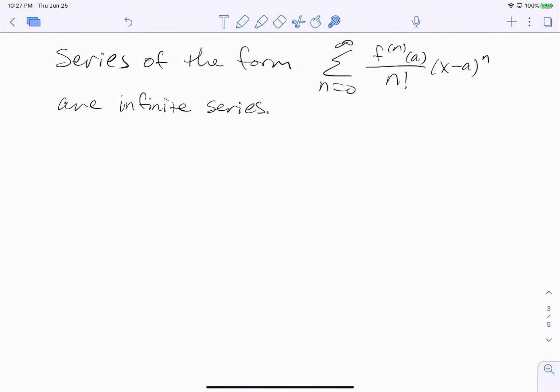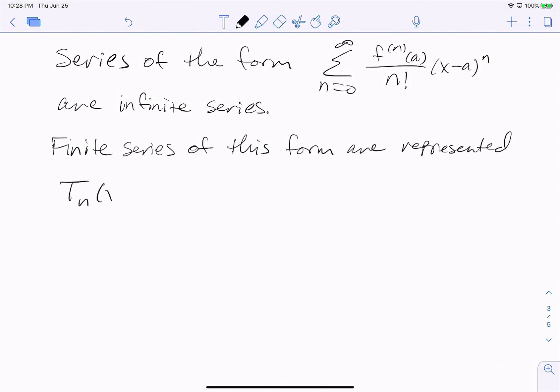Series that have the form of the sum as n goes from 0 to infinity of the nth derivative of f evaluated at a divided by n factorial times the quantity x minus a to the n are infinite series. We know that because the sum goes to infinity. Finite series of this form are represented